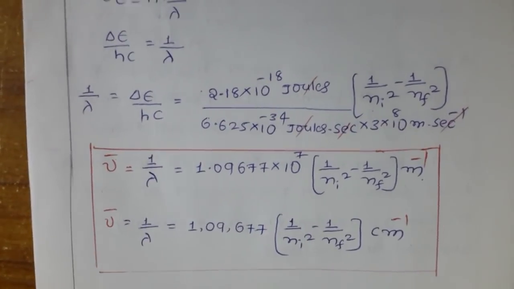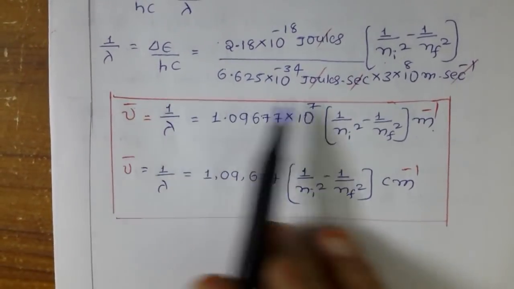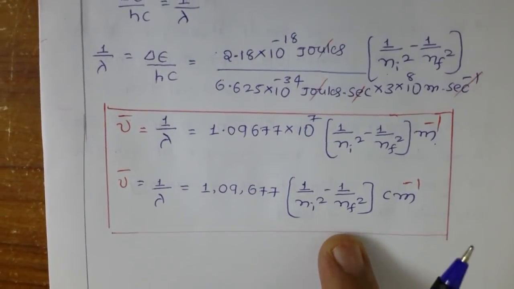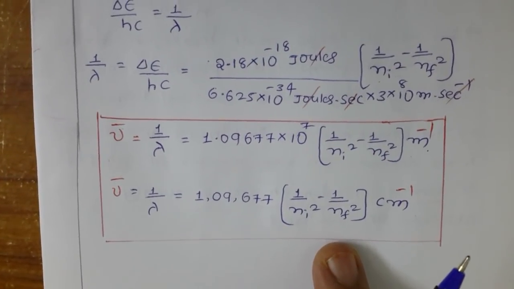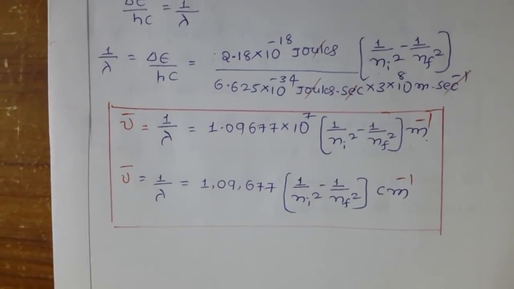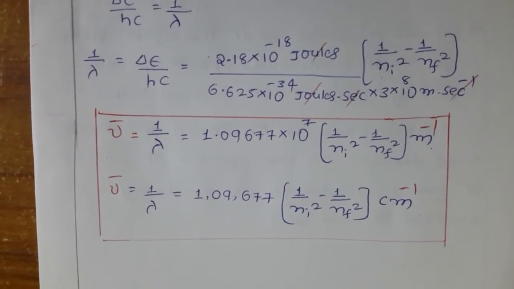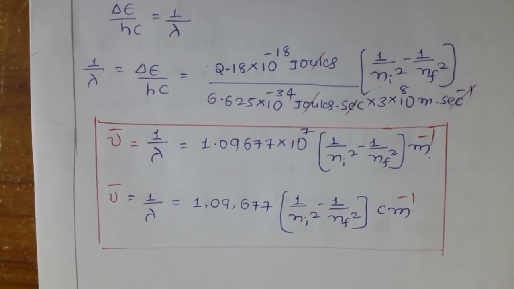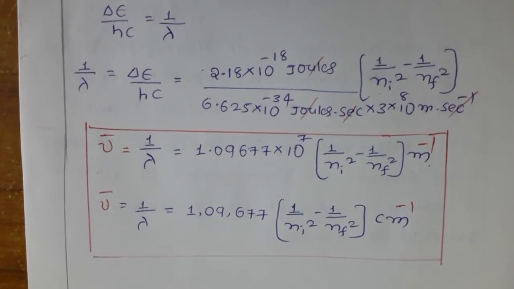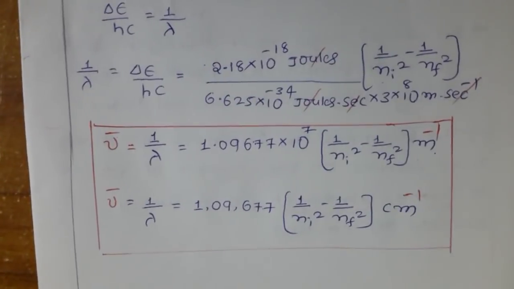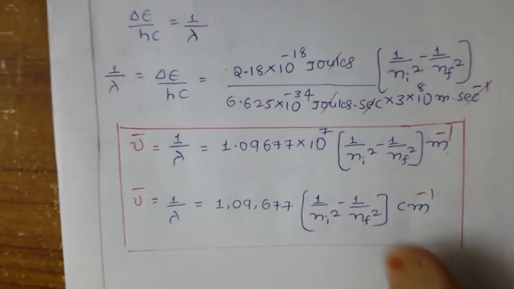Now you can see this term, this expression was quantitatively explained by the Bohr model. That is one of the successes of the Bohr model. In the line spectrum of hydrogen atom, we just came across the expression. We didn't discuss how it came, but how that expression came is given by the Bohr model of hydrogen atom. You can cross check in our notes. Here we just discussed the equation, but we didn't derive how it came. That explanation is given by the Bohr model.